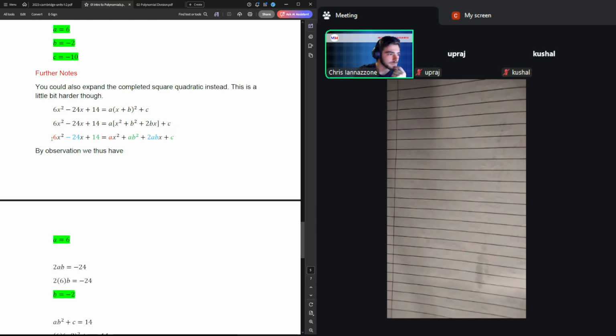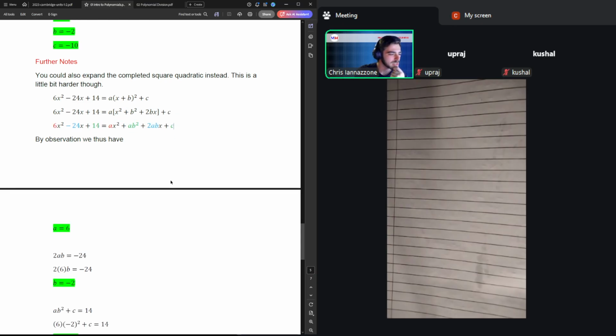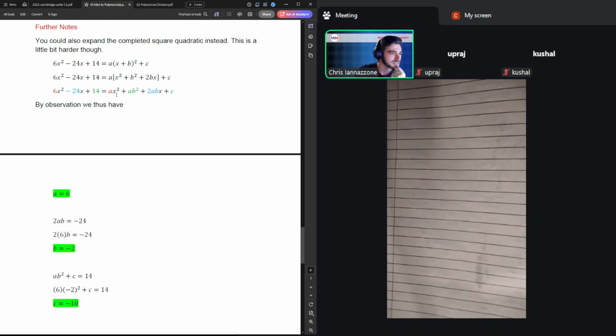The alternative would have been, you're kind of doing a bit of simultaneous. It's not really simultaneous. You've got the 6x squared, you've got the ax squared. Well, that's obviously a is going to be 6. Then you've got the 2abx and the minus 24x. But because you already know what a is, when you do that equation, you can sub in your a equals 6, and that's going to get you your b. Probably the trickiest thing would be to realize that this ab squared plus c, all of that is a